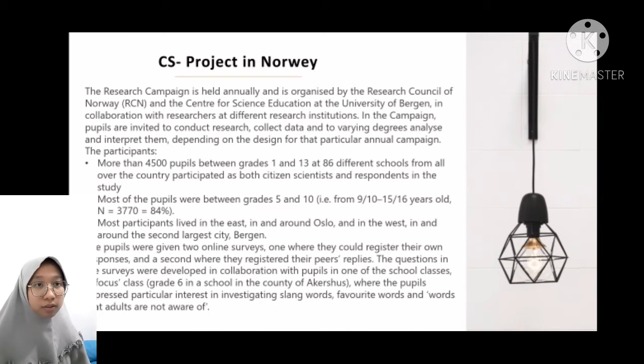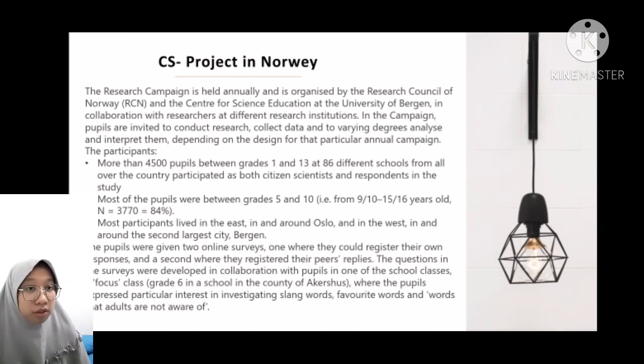So let's take a look at the CS project that has been taken in Norway. The research campaign is held annually and is organized by the Research Council of Norway, or RCN, and the Center for Science Education at the University of Bergen, in collaboration with researchers at different research institutions. In the campaign, pupils are invited to conduct research, collecting data, and to varying degrees analyze and interpret them. Depending on the design for that particular annual campaign, the participants,